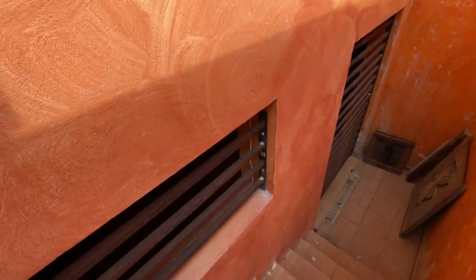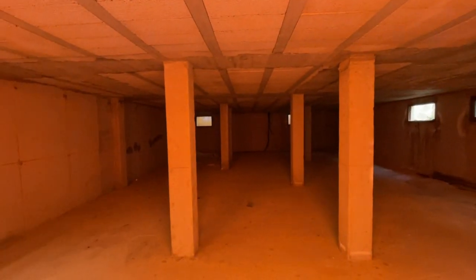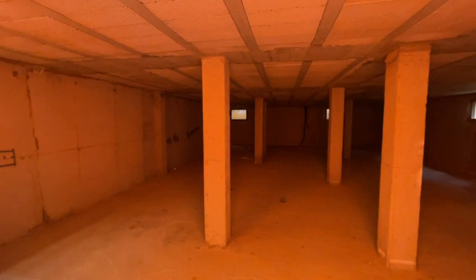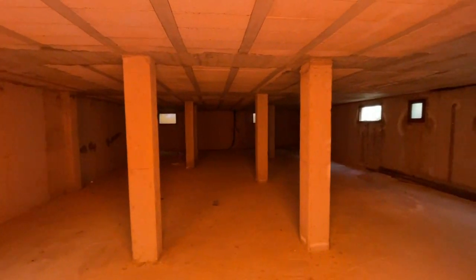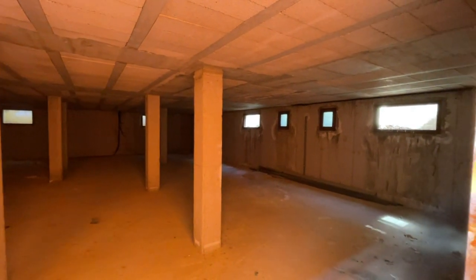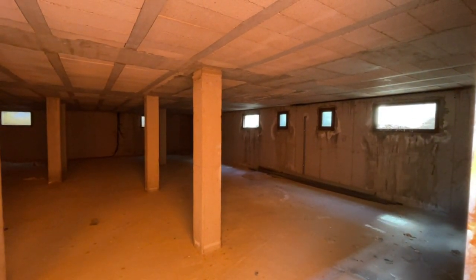It actually goes underneath the whole of the property. Now it's actually closed and locked up and we can't get inside, would you believe? Typical bank repossession from that point of view. But even if I just pan around a little bit to show you, it's a huge space. You can also see where you've actually got now those high windows that give you natural air and some light,